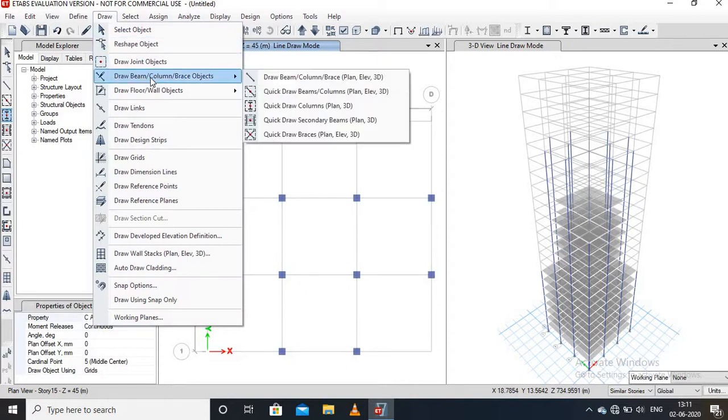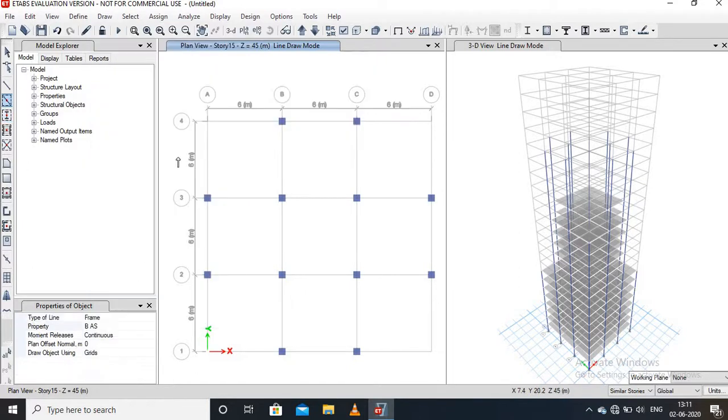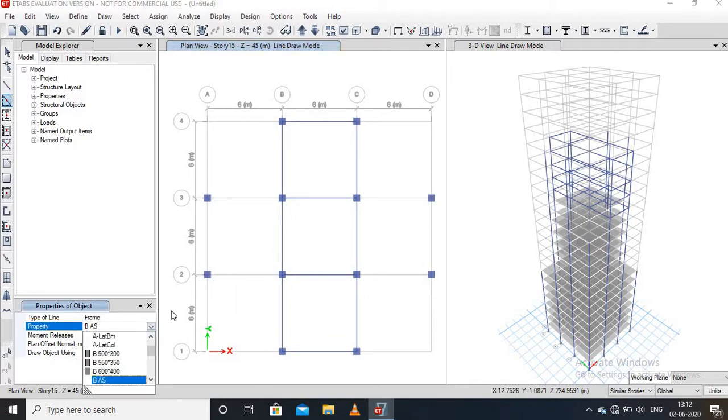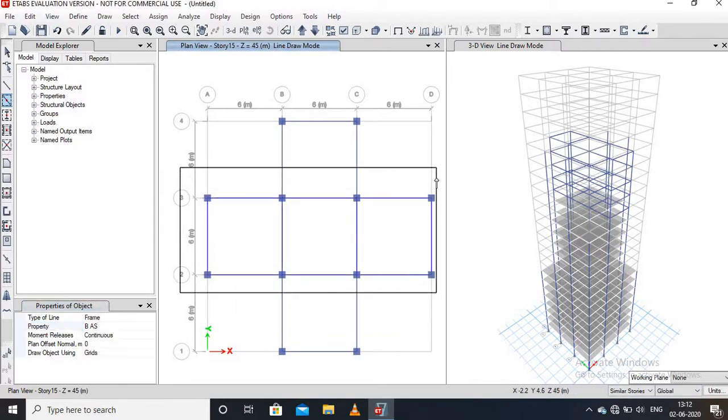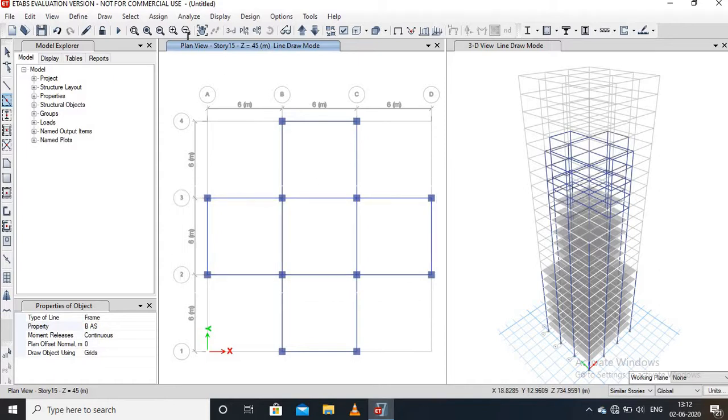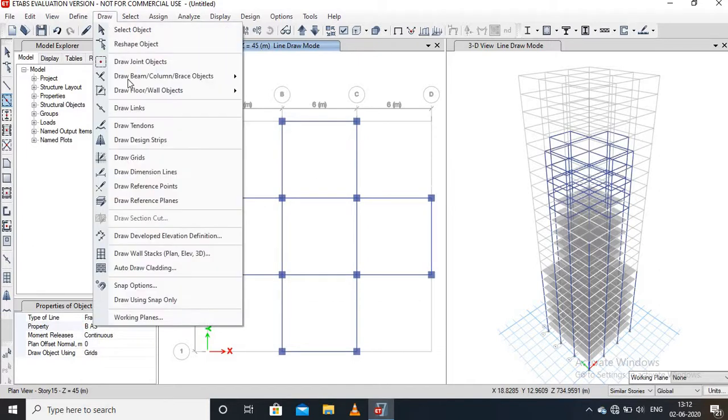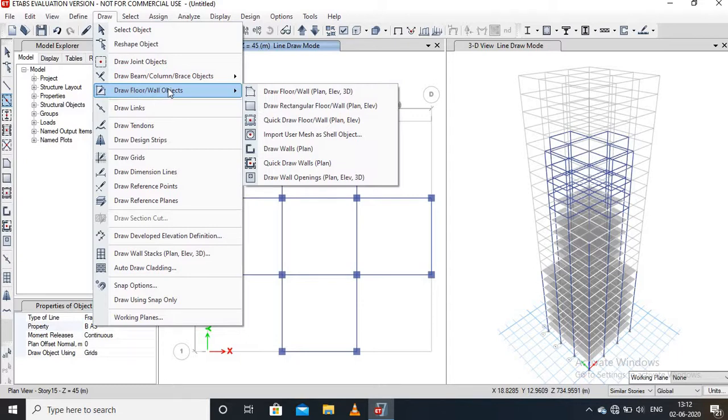Go to the draw menu and go to the quick draw beams and draw the beams.